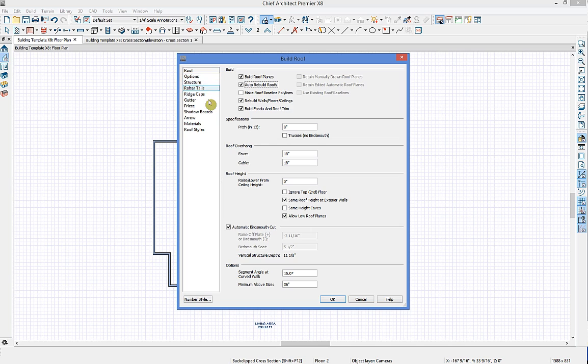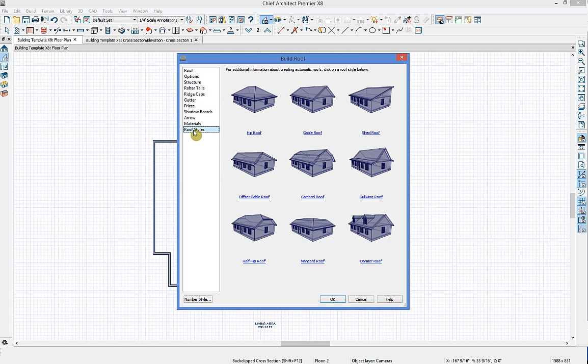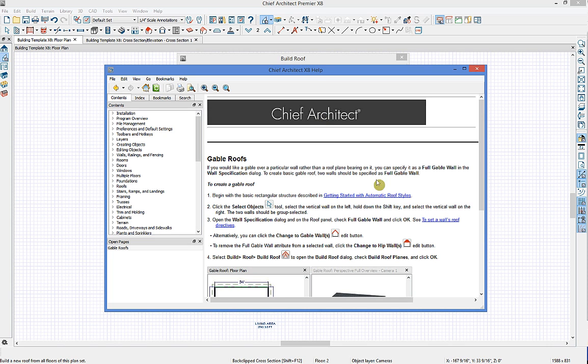We also have a number of panels here to specify things like our ridge cap and our rafter tail, what the gutter looks like. If we come down to our roof styles, here's going to give us a little bit more information of the different types of roofs that we can create using our automatic roof tools. So if we select this gable roof, it's going to open our help option